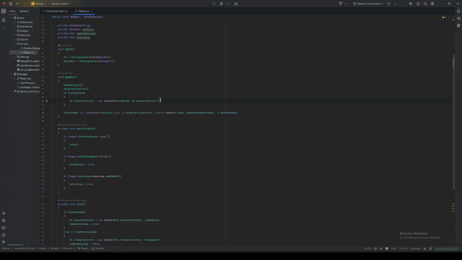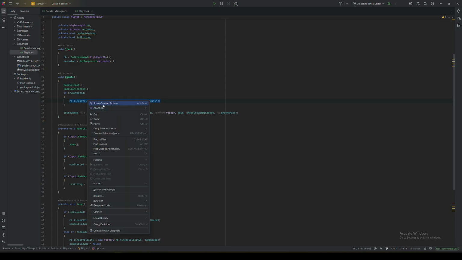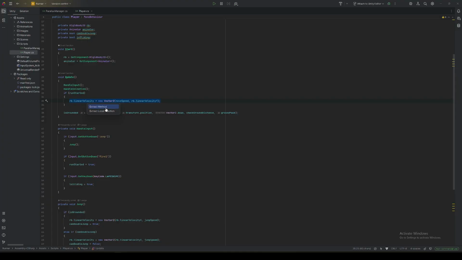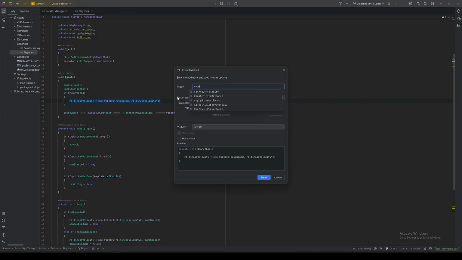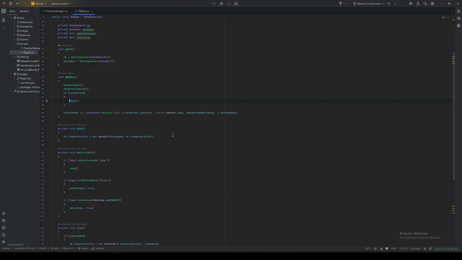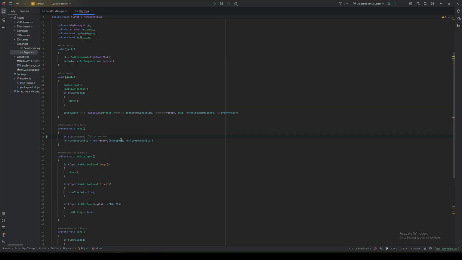So we don't have any separate function for movement. Let's create one, because we are going to add additional functionality there, and it makes sense to create a new function. Let's call it move. So right now it's pretty simple. We are just running, but let's add a condition here. So if we are sliding,